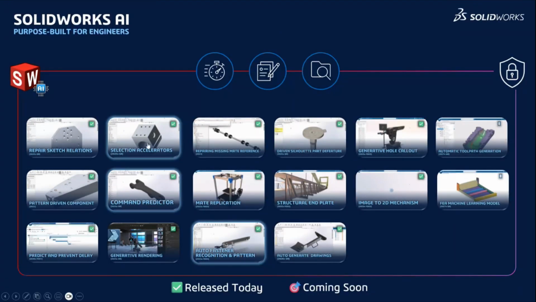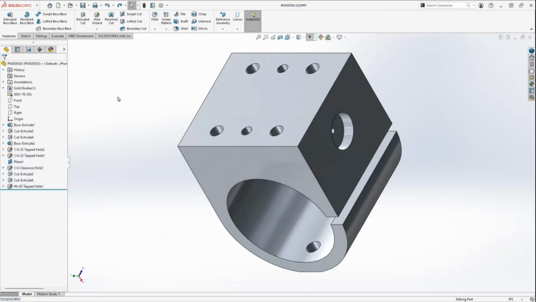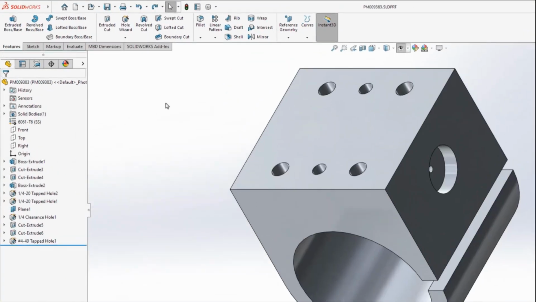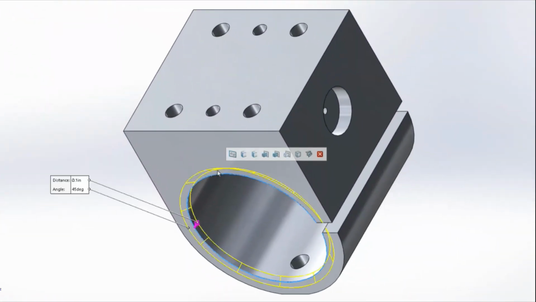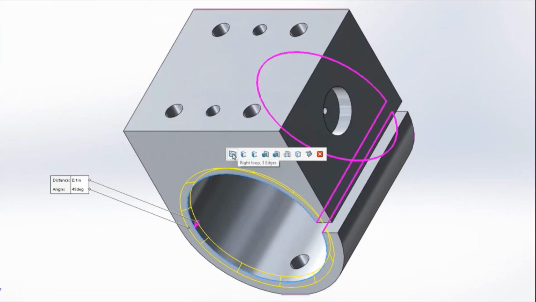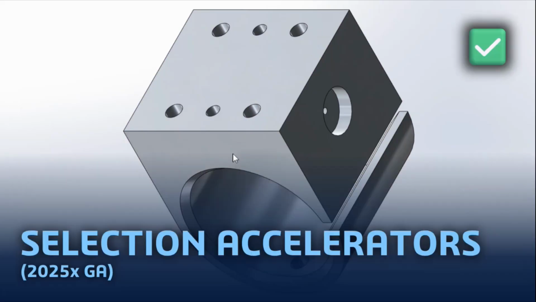Or if I take you through the selection accelerators, these were introduced in 2025, right? One of the features in SolidWorks that has been there for a while is the ability to predict the selection. In this case, what other edges you might want for the chamfer. Before that, it was available for the fillet, right? So users have seen a noticeable speed improvement as there is no longer a need to repetitively select a large group of edges when adding fillets, and now you can add the chamfer as well.